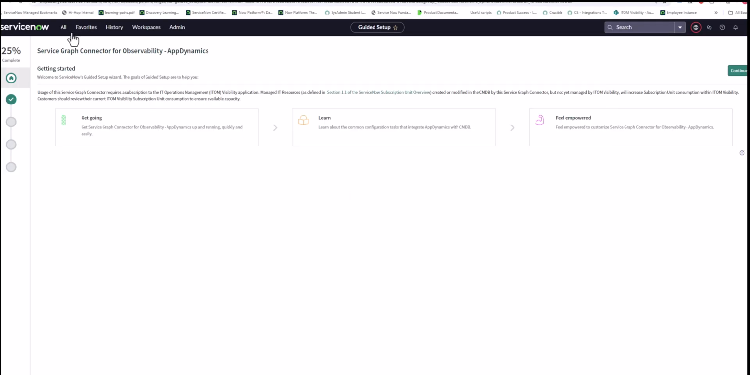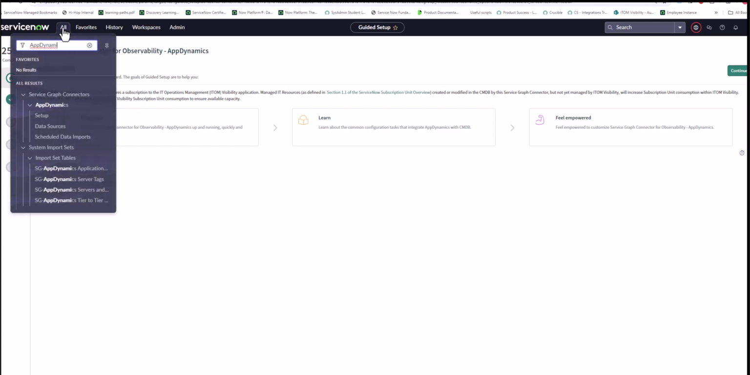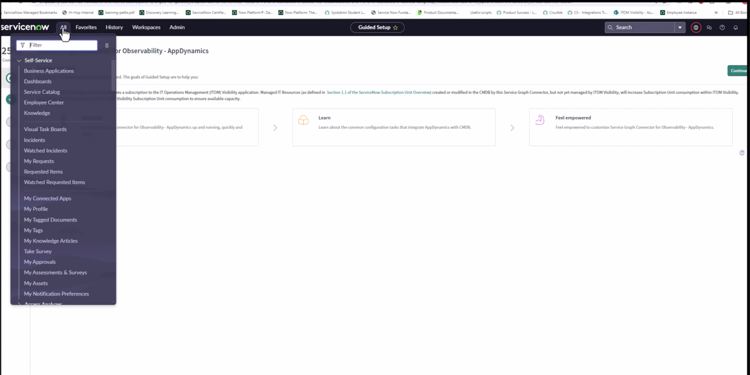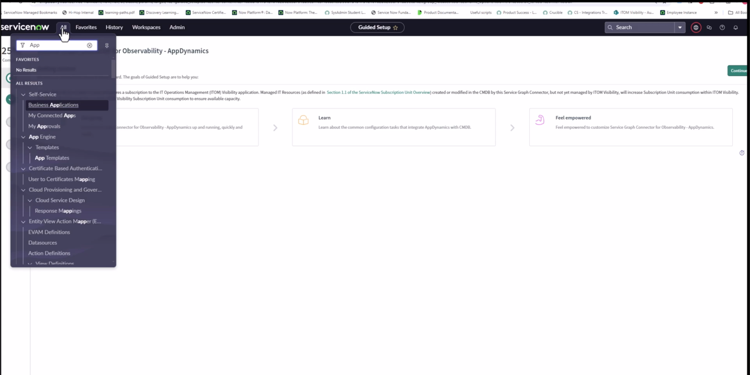I'm here in my Washington instance, and I've already installed the latest version of AppDynamics, version 1.3. And just to call out as well, what's important is first I installed the Observability Commons framework before I installed the AppDynamics framework, and that's important to call out, especially if you want to use the event management functionality part of AppDynamics. So to go into guided setup, I just type AppDynamics,